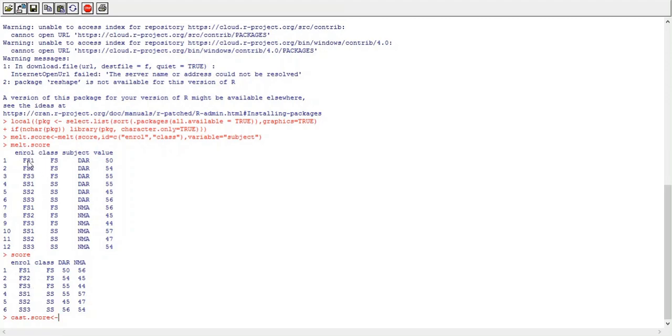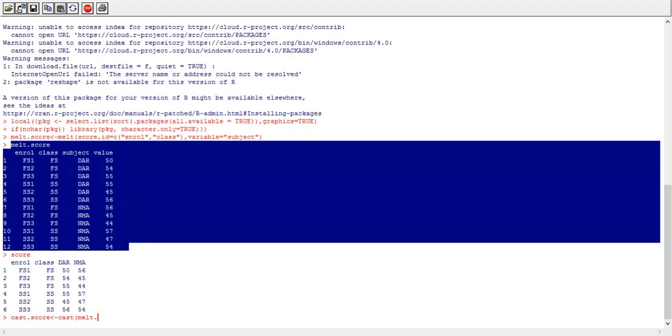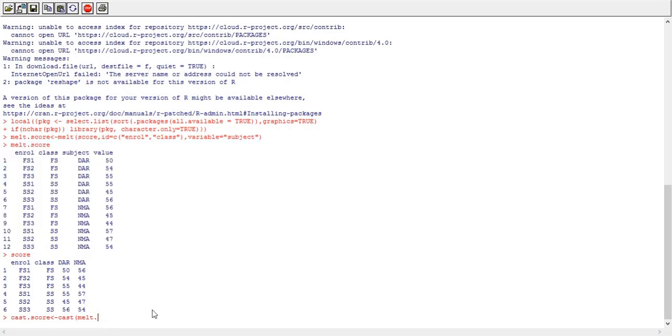Melt.score is a data frame which is in long format, and now I'm creating another data frame cast.score which will be in wide format. Use the function name cast. It receives one parameter, that is the name of the data frame that you want to cast. I want to cast this long data frame. The name of the data frame is melt.score. Then we need to map the columns.